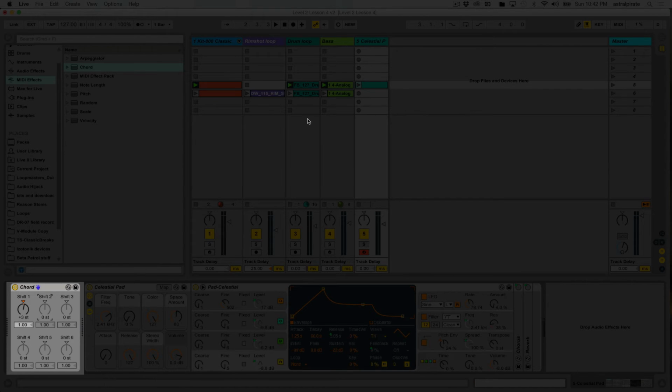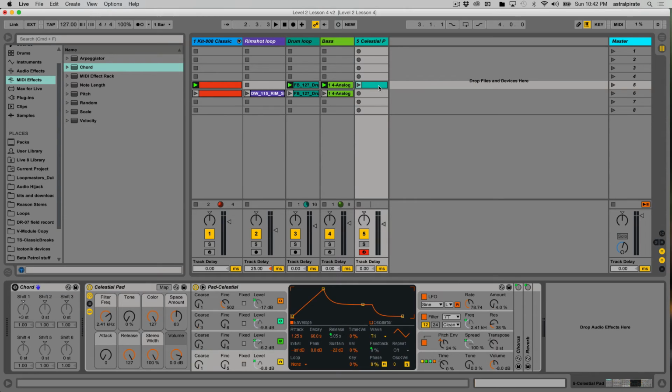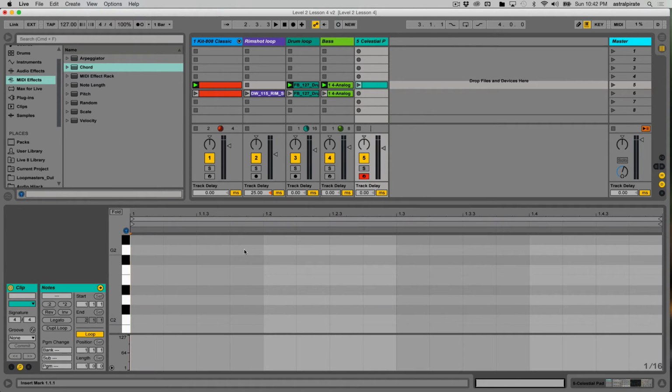Now, when I was playing my little minor triad, let me go ahead and just deactivate our chord device, and we'll go back to our clip. The notes I was playing: C, D sharp, and then I added the note G. The last note, if I skip the third note and I just play C and G,